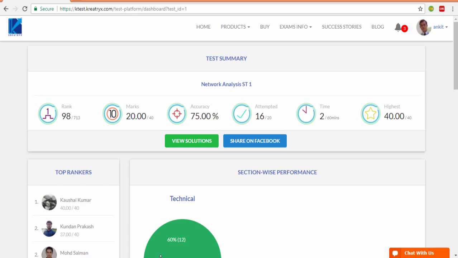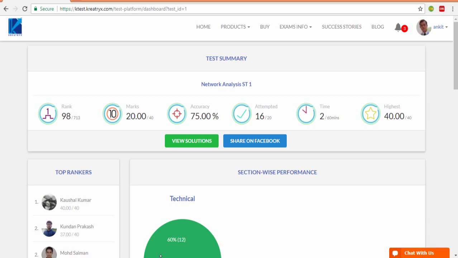Then this time, it is how much time have you taken for a test. This time will be a very relevant parameter in the mock test, because in that you have to attempt the test in less than 3 hours so that you can cover the GATE paper within 3 hours. If you have a habit of attempting a mock test in 3 hours, then what will happen? In GATE, due to exam pressure, you will be delayed and you won't be able to complete the paper in the 3 hours. So this time is not that much important for subject test, but yes, it is very much relevant for the mock test. Okay. And even this rank parameter should be taken very seriously in mock test rather than the subject test.